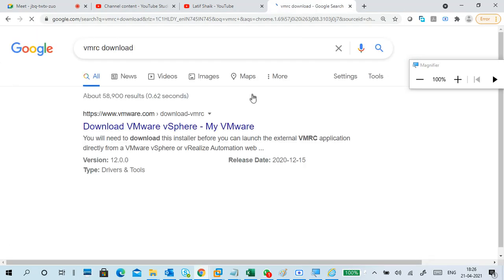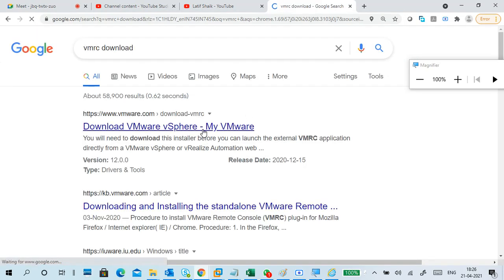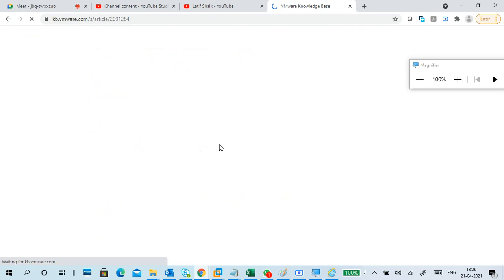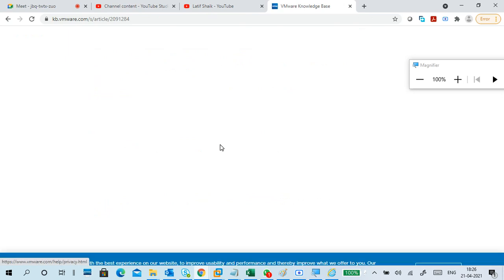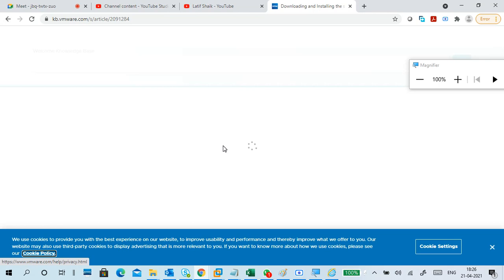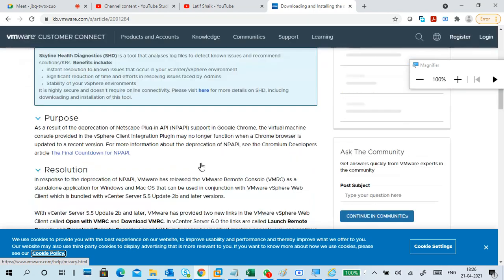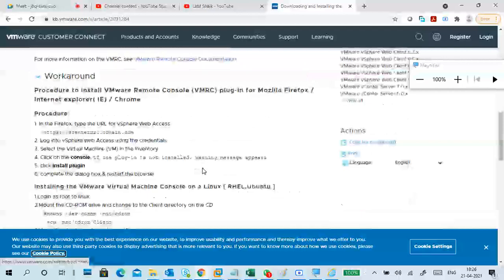Is it a tool or what? It is a kind of application, a remote console. But VMware is the worst. Now even small accessing tools are restricted.